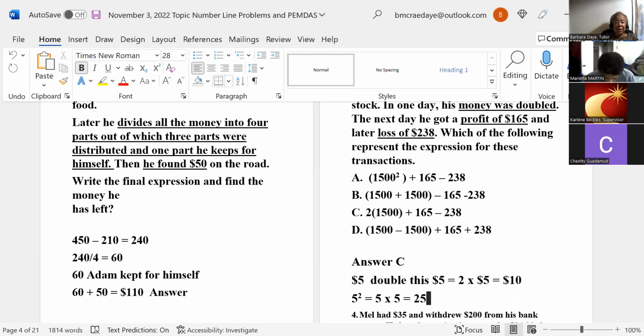So when you double it, it means you multiply 2 times the number. Don't multiply the number by itself. Okay? So that means then you have to take that